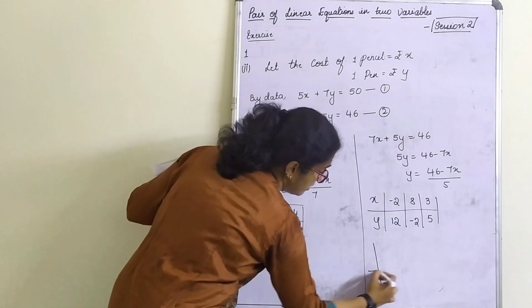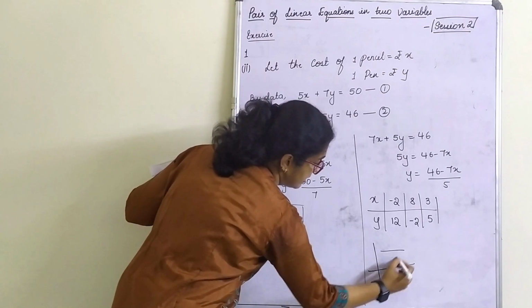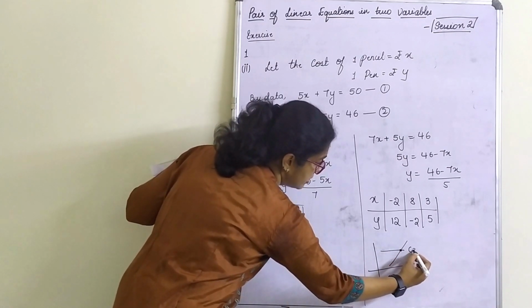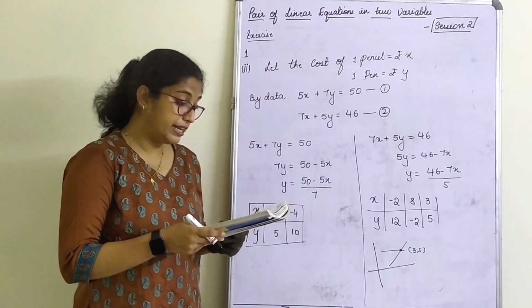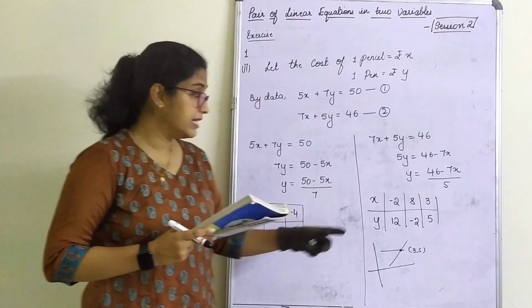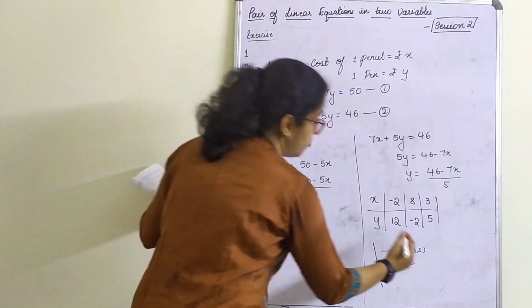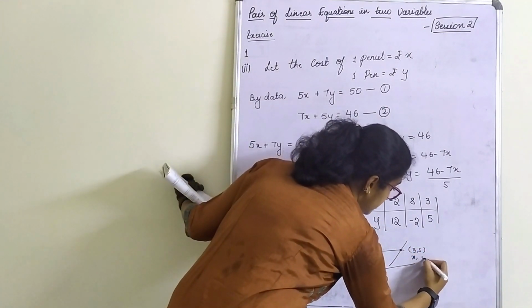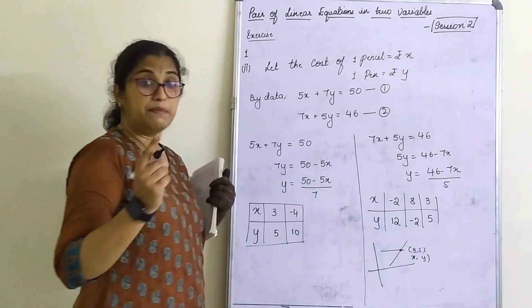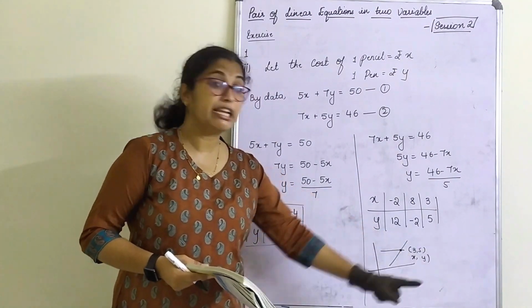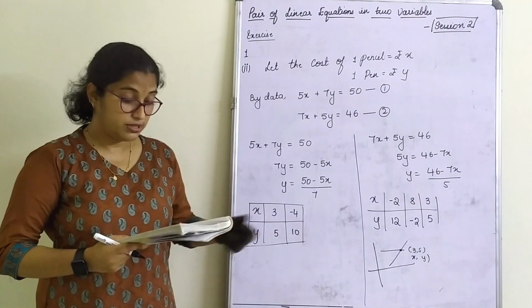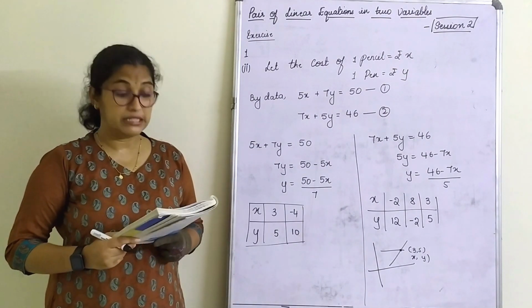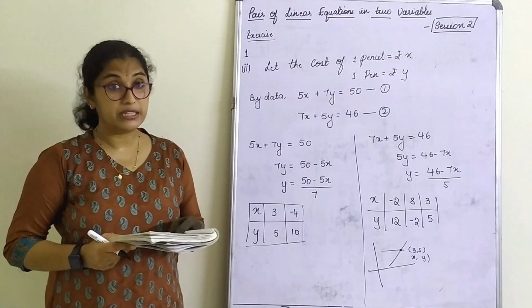So when I plot this graph now, assume that I can graph something like this here. So this is 3 and 5. Okay. Therefore, what will you write? The cost of one pencil. Now pencil is given as x, no? This is x and this is y. Therefore, the cost of one pencil is rupees 3 and cost of one pen is rupees 5. Very clear? So this is how you have to solve the sums. So we'll start with the next one now.